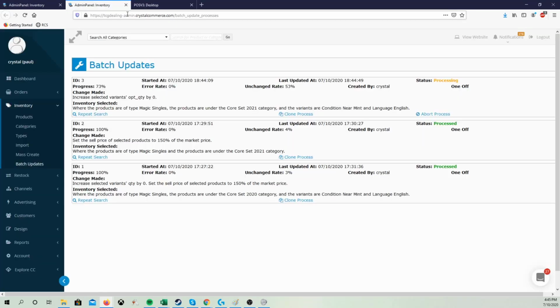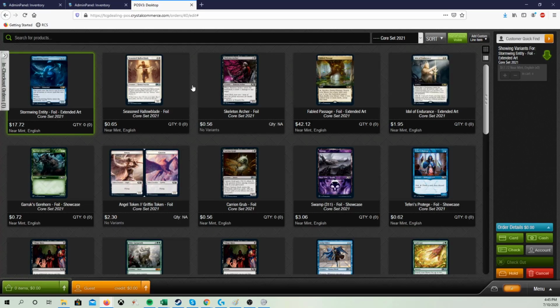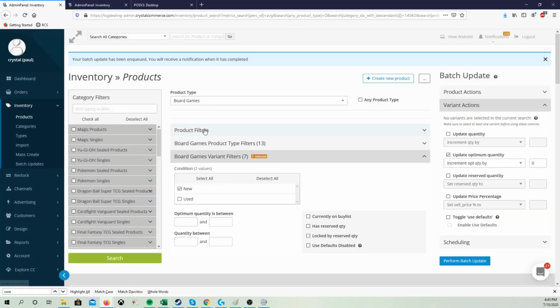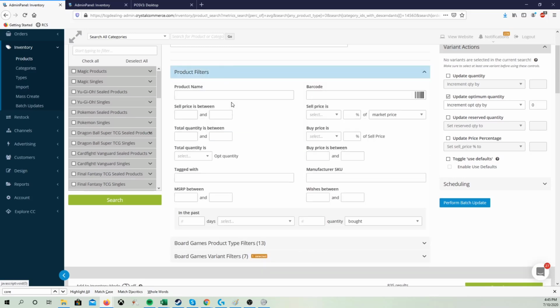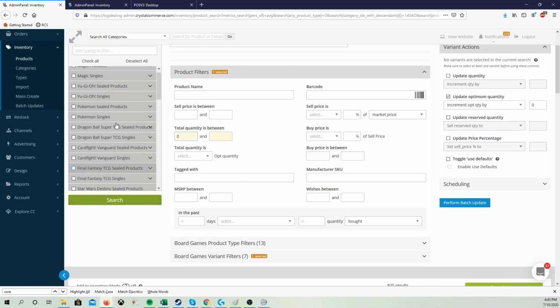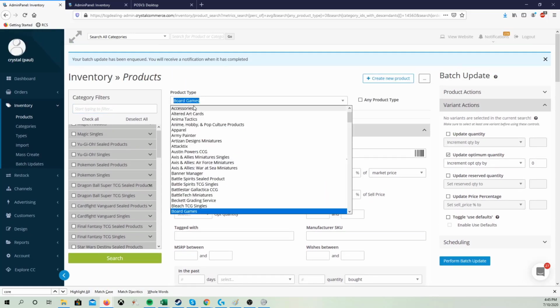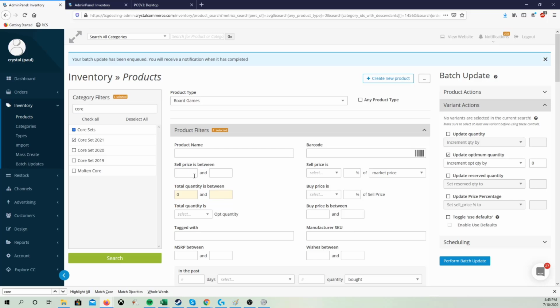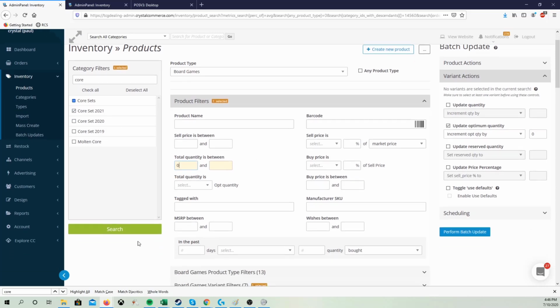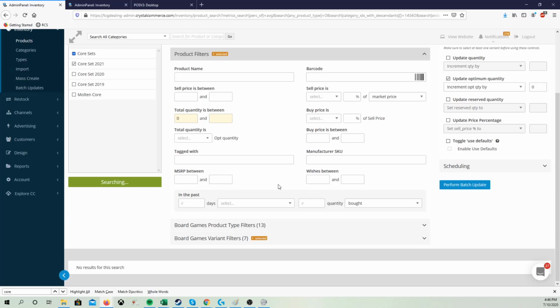So yeah, if you're experiencing this, where maybe you're seeing NA quantities in your point of sale, the other thing that could happen is right after you import a set, if you then use the filters, even this filter here, total quantity between 0 and whatever, it's only going to bring up the cards that no longer have all nil values. So now with core set, let's go ahead and clear that. Let's select core set 2021 again. So now if we go ahead and do that, quantity between 0 and whatever, and search,